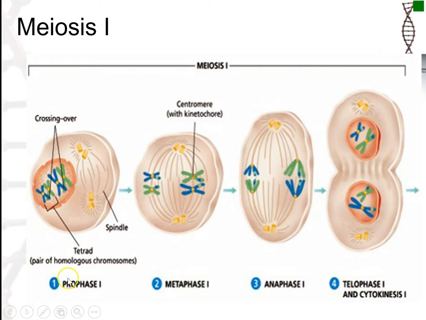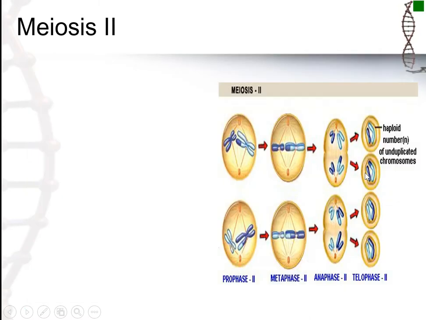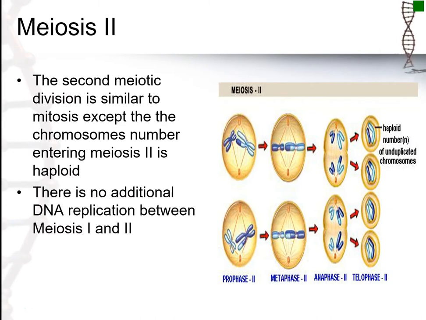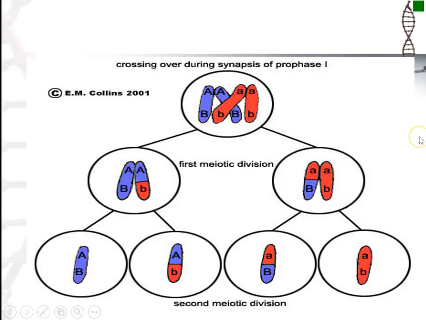So again, prophase 1, during zygotene is when synapsis occurs, then metaphase, anaphase, telophase. Meiosis 2 is really just very similar to mitosis. It's just that there's no cell division in between. And at the end, you have 2 cells that are both going through meiosis 2, and then they result in